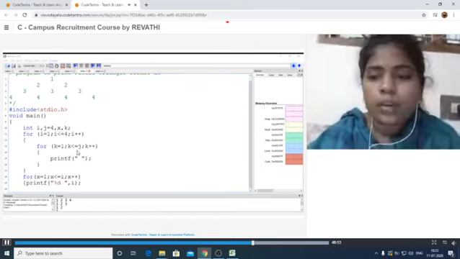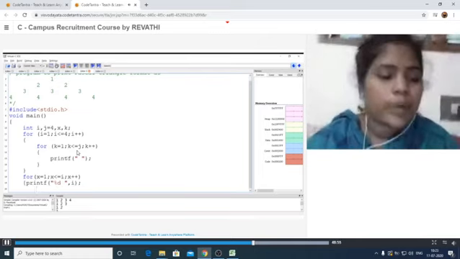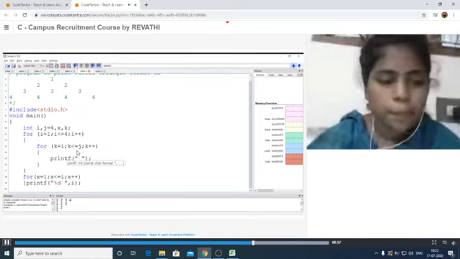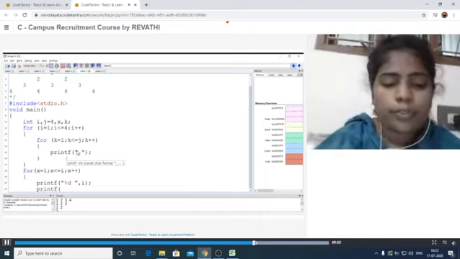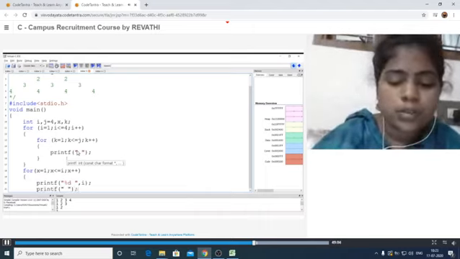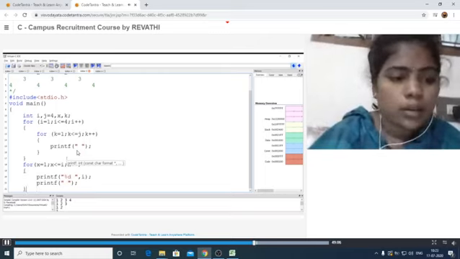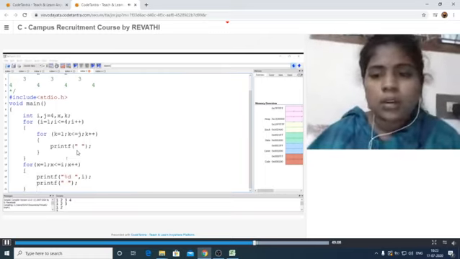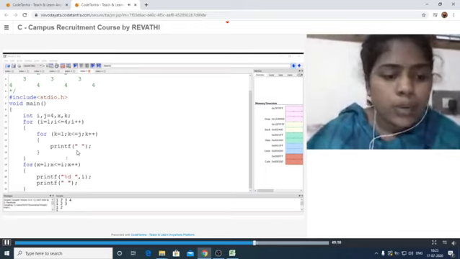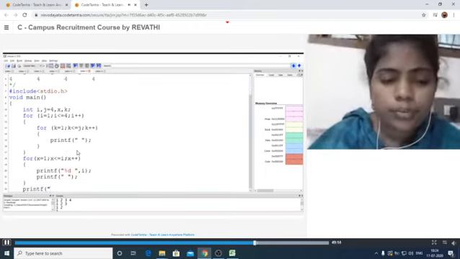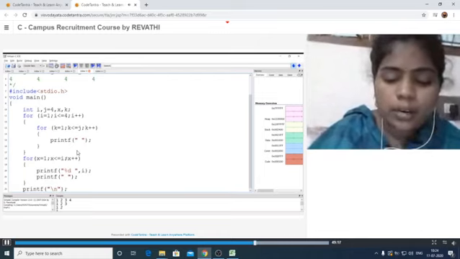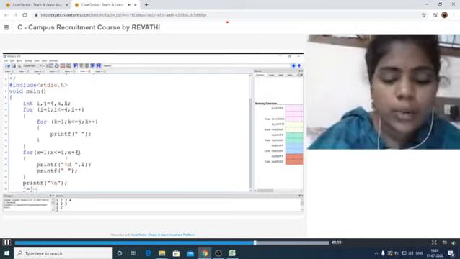Again we have to print another space here, printf space. Close this. Just move on to the next line, that is printf backslash n, and decrement the j value, that is j minus 1.